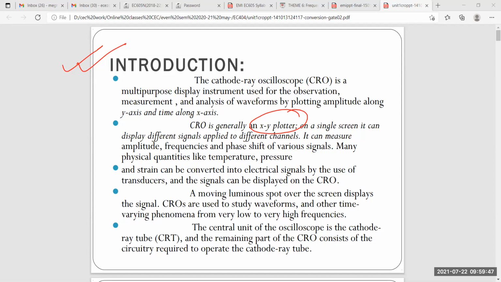The second most important thing is this point. See this 1, 2, 3, 4th point, you just look it out. A moving luminous spot over the screen displays the signal. So how are we getting the signal? Definitely a moving luminous spot. This is important. This luminous spot is produced by the beam of electrons striking the fluorescent screen. If you visualize the CRO, which I will show you, there is a fluorescent screen, and this luminous spot,